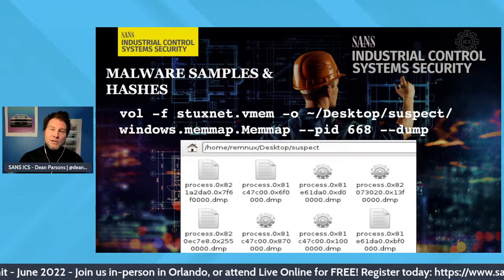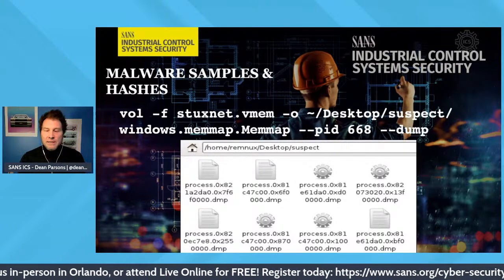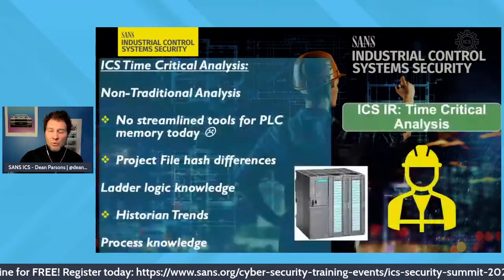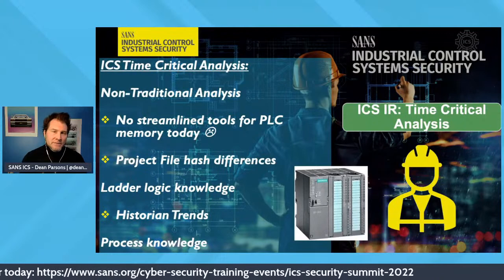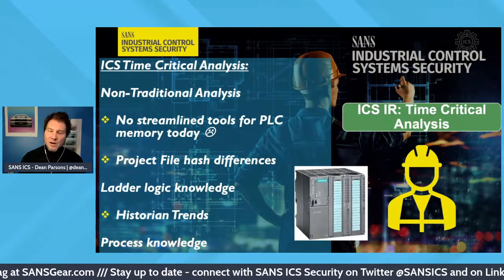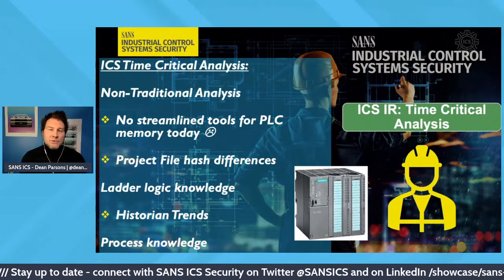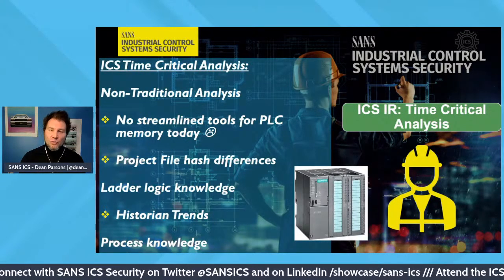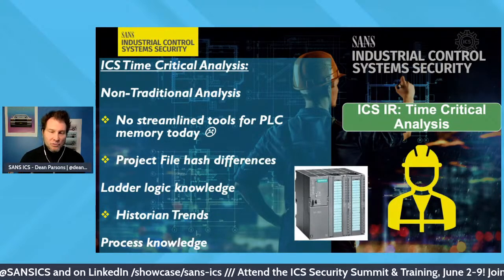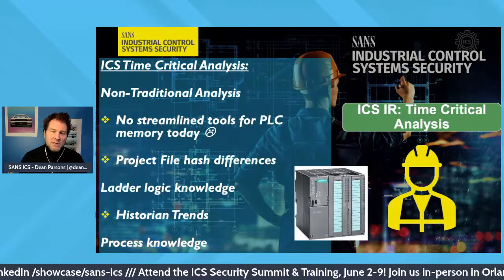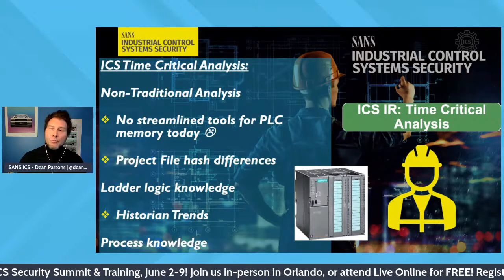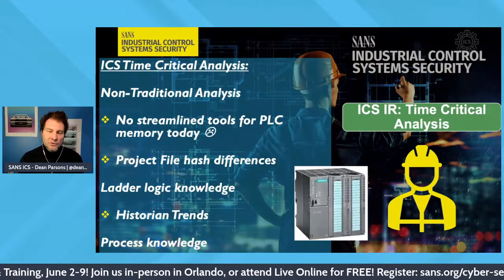Now we're going to come to the phase where there are non-traditional tools, where we use what's in the environment already, and there are areas where we wish there were streamlined tools. So in the ICS, beyond memory captures, beyond network captures from the control environment and Windows OT assets, we do not have a streamlined tool for PLC memory analysis. Today, there's no plugin for Volatility to look through the many different versions of vendor software out there for PLCs and firmware and what's loaded in memory. Unfortunately, we have to do it another way.